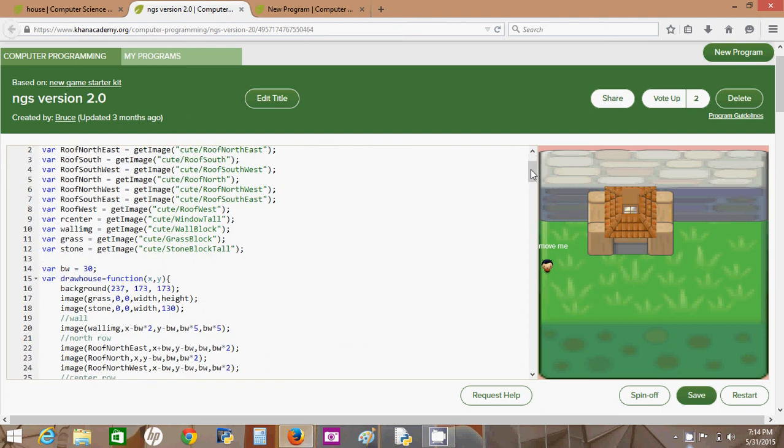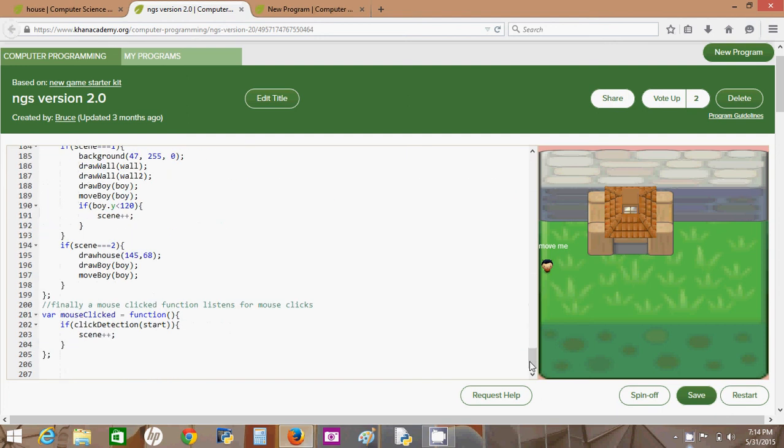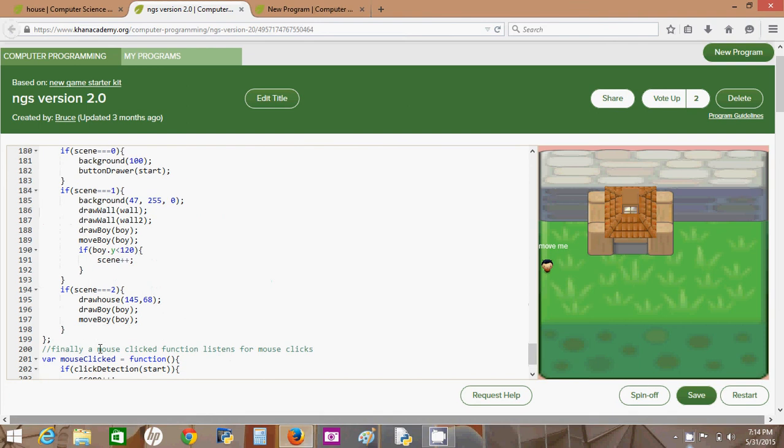as promised, we're going to have the sword out here. So if scene equals 2,